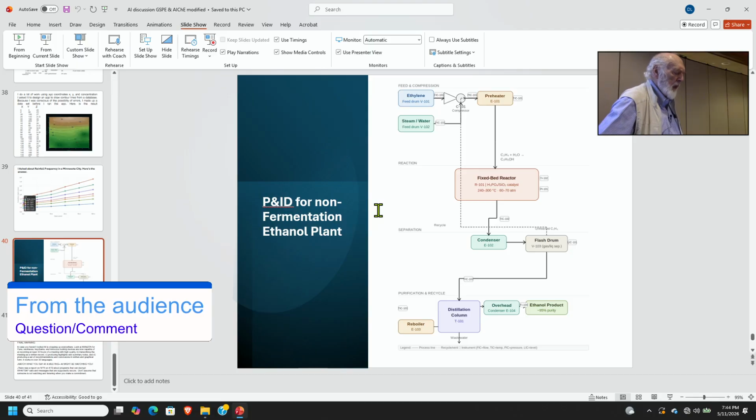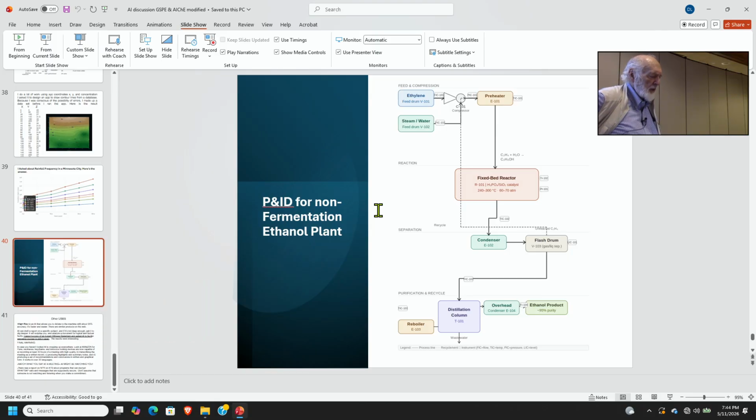I ran this, my instructions to this machine were, design me a non-fermentation ethanol plant process and show me the P&ID. I ran this by a friend who's also a chemical engineer.